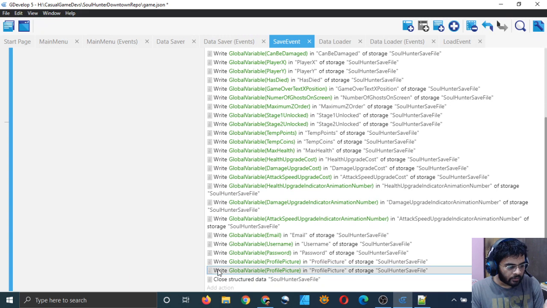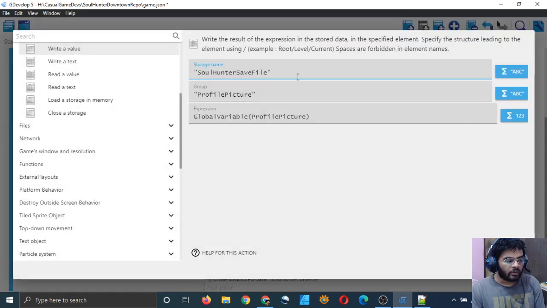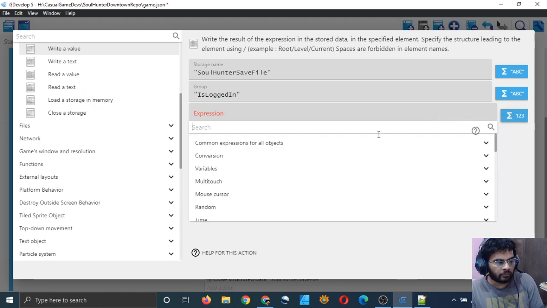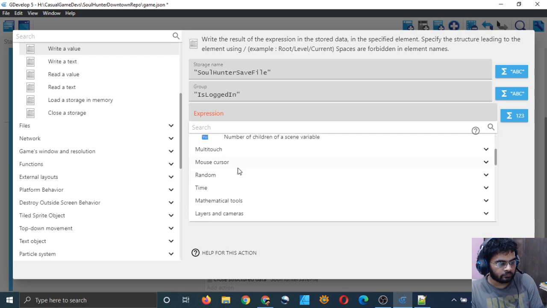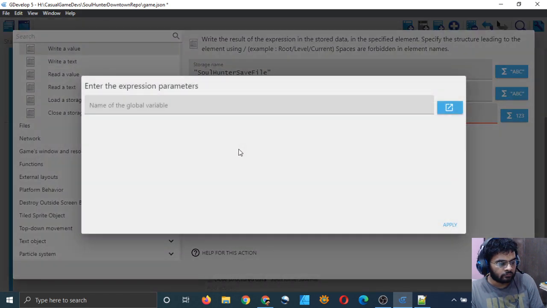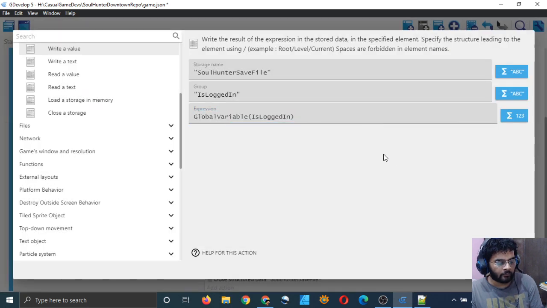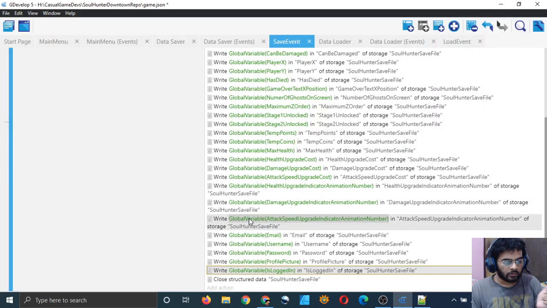I will double click on it, and the storage name is same, the group is not profile picture, it will be is logged in, and the variable saved in that group will be the is logged in global variable. Apply. Click on OK. So we have saved our new variable also.